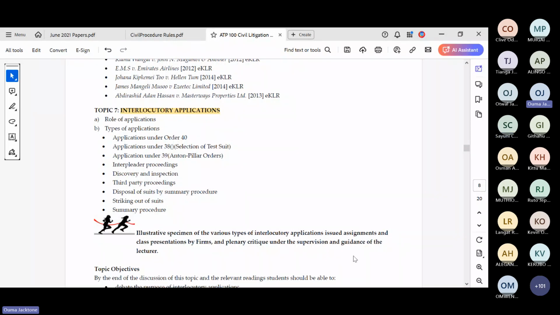Now, if you look at that list, you can all bear me witness that we have been able to cover almost all of them. So we have talked about applications under Order 40, that is a temporary injunction. We have talked about applications under Order 39. This is Order 39, which is the Marevas and RS for judgment.